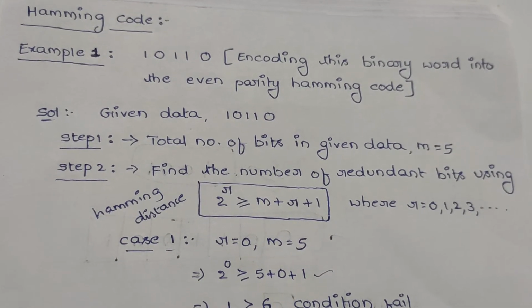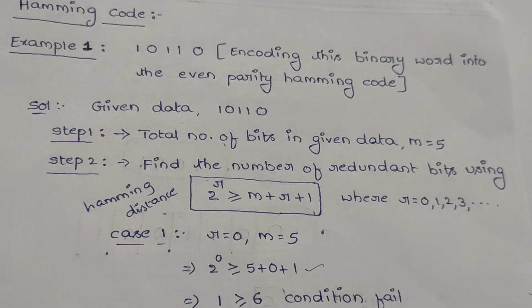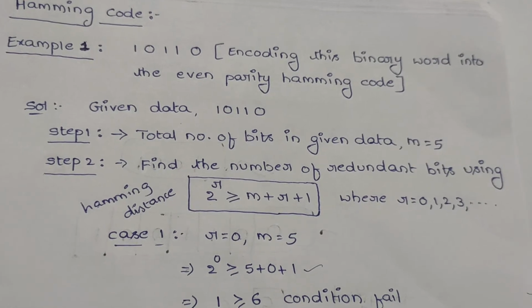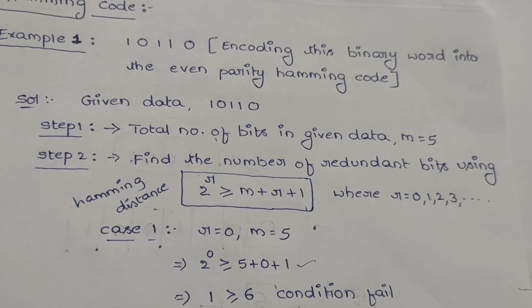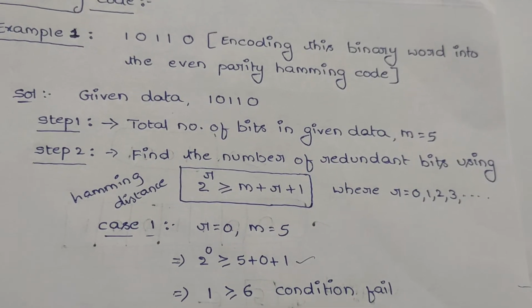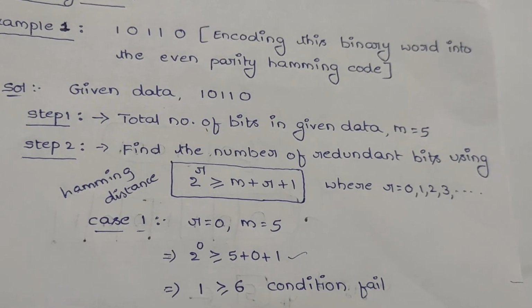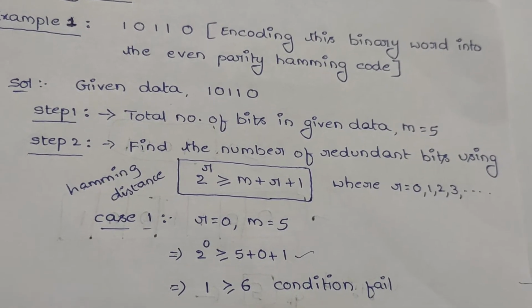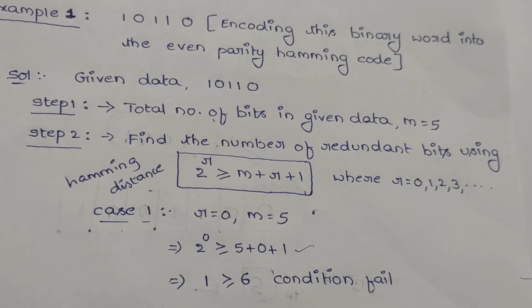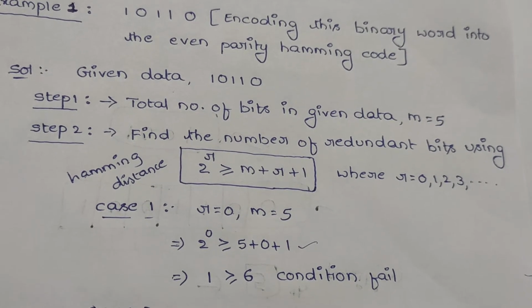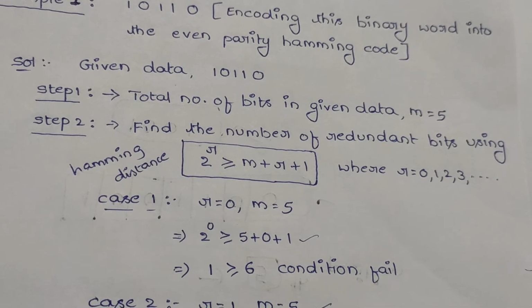is equal to 5. In the second step, we need to find the number of redundant bits using the Hamming distance formula, that is 2 to the power of r greater than or equal to m plus r plus 1, where r values are considered from 0 onwards: 0, 1, 2, 3, and so on. So first case, consider the r value as 0, m is equal to 5. So if r is equal to 0, substitute that r and m value in the above equation, that is 2